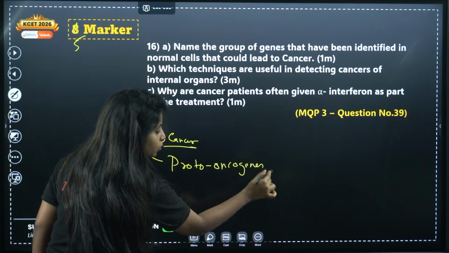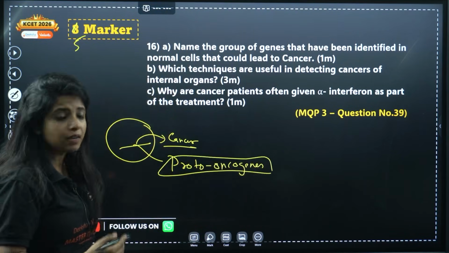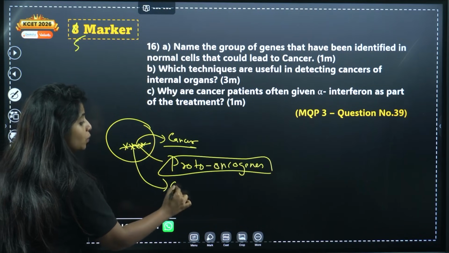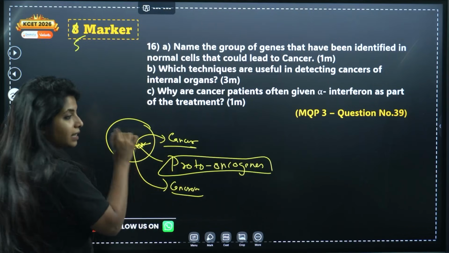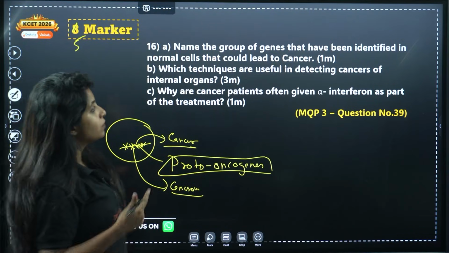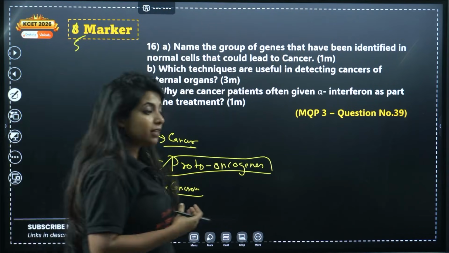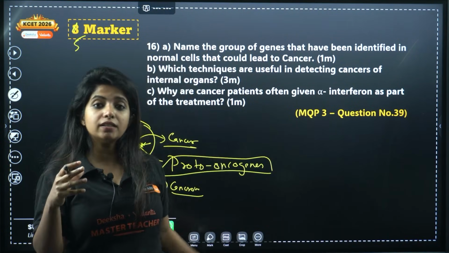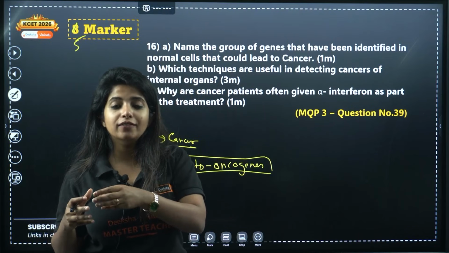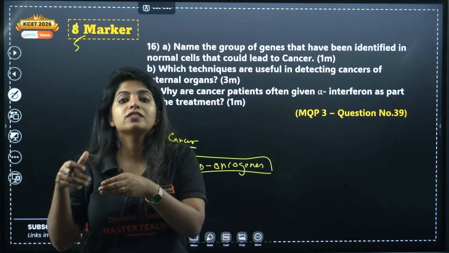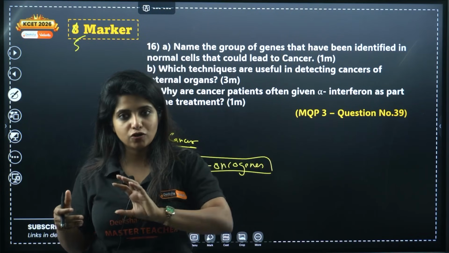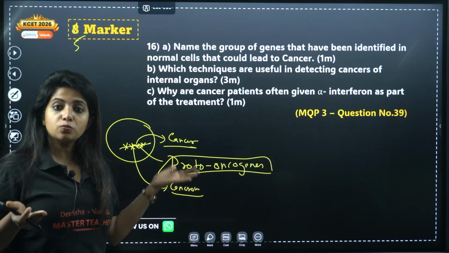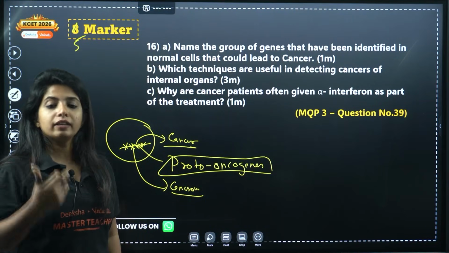Proto-oncogenes usually do their own function of producing some proteins and things like that. Now suppose there are some activations or mutations happening over here, they turn out to be cancerous in nature. They can make the cell a cancer cell. So the name of the genes is proto-oncogenes. Similarly, you have some viruses. You might have heard about viral oncogenes. There are some viruses which transfer their genetic material into ours, and when it is transferred, it causes cancer. That is known as viral oncogenes. Proto-oncogenes are there within all of our cells. When they mutate or become active, we will get cancer.